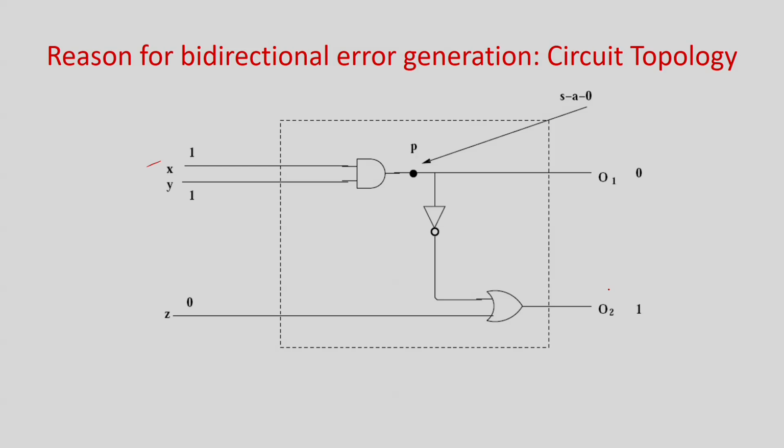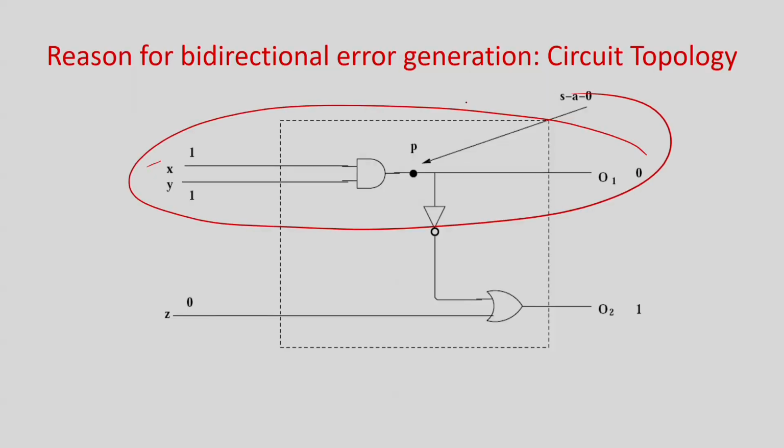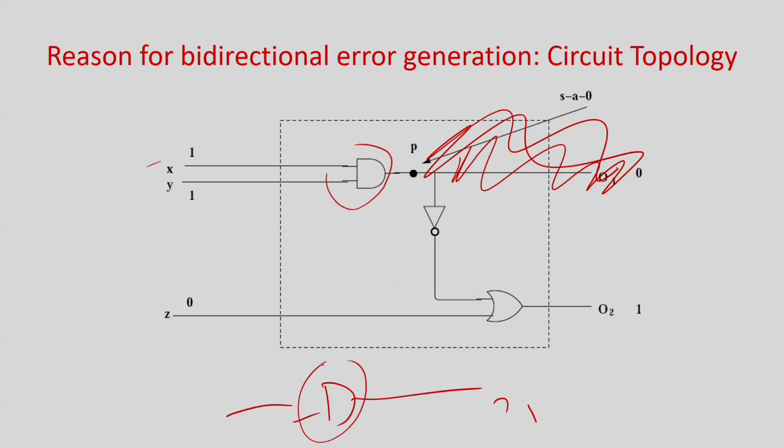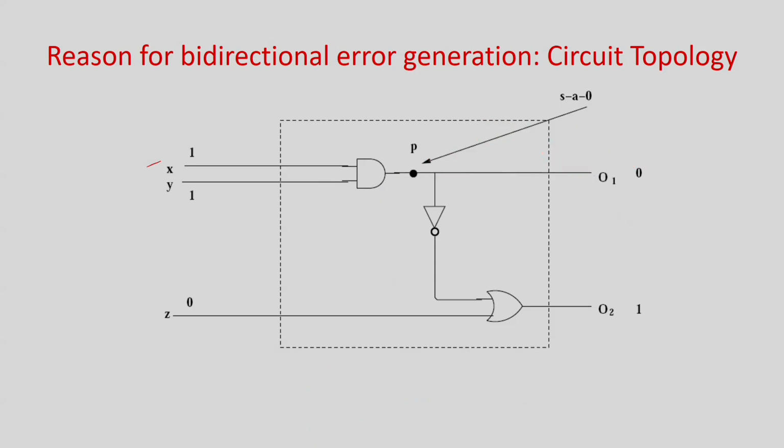That is, I give you a design like this, then you tell me, hey, there is a lot of resource sharing, and this will lead to multi-bit errors. So what I will do is take this part separately as O1, and put it something like this, and this is the output O1. For O2 you just have to remove this, and this is another part of the circuit which will be for O2, but there is replication of these gates. So the designer will not like it at all, because he is saying that unnecessarily the test engineer is making my design very cumbersome. But there is one way of doing it, that is no logic sharing between the outputs.